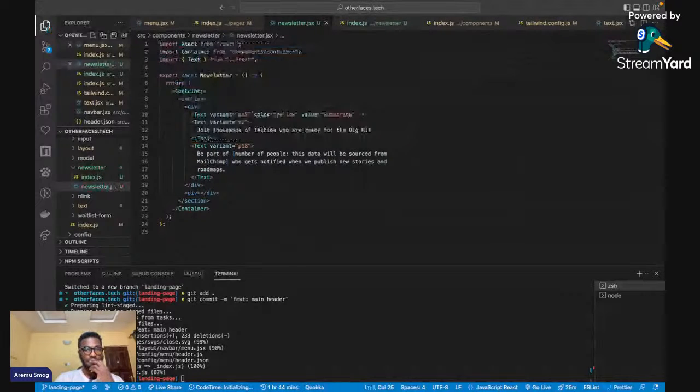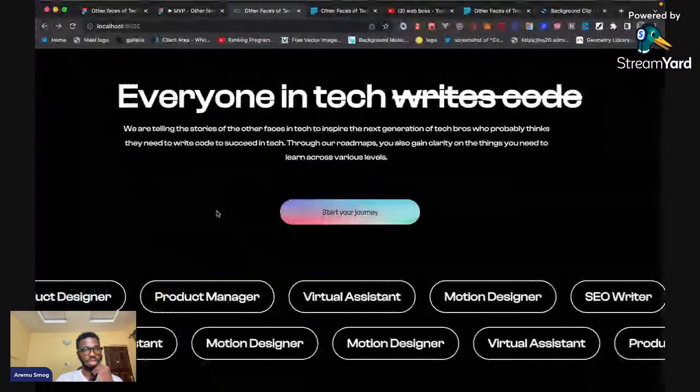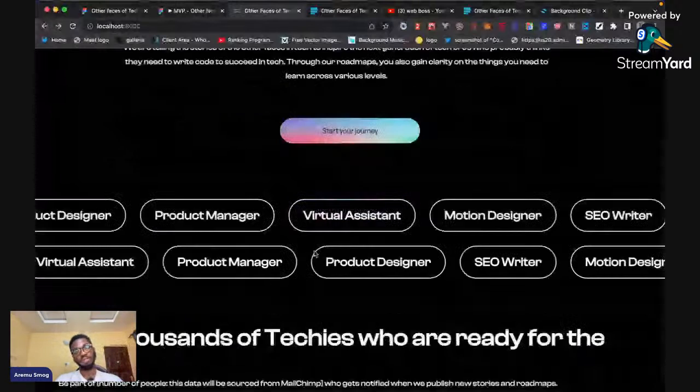Right, let's see what that gives us. It's saved up now, but we're not seeing the text. We're not seeing the content of the newsletter. Is there anything the problem? Okay, yeah, join thousands of techies, blah blah blah. Okay, so